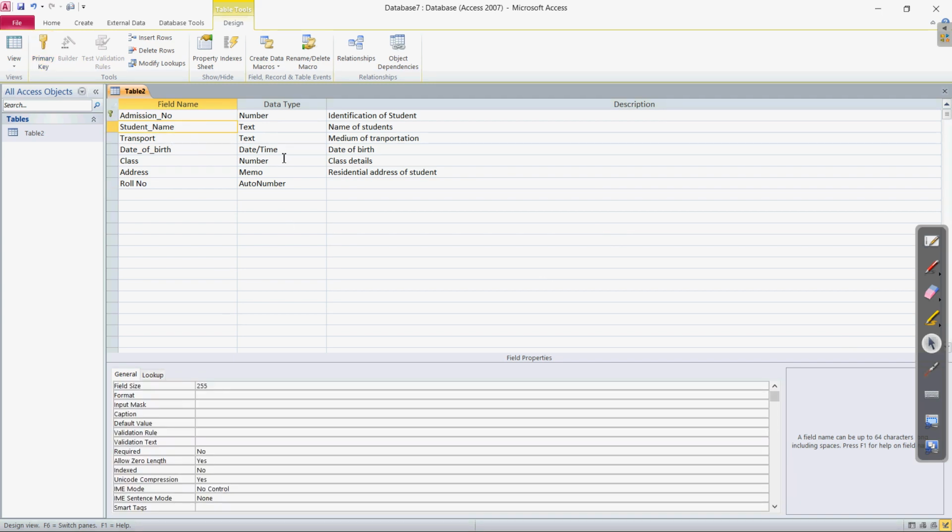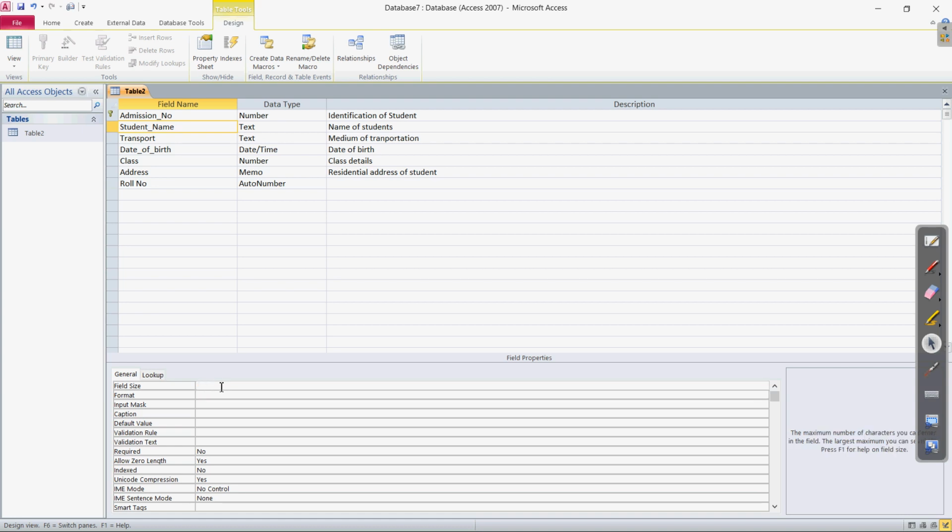Now the text data type, here you can see the field size is 255. Clear? Is it visible? 255 is the field size of this. If you want to edit it, click it and now remove. Suppose I want to make it 150. Can we do it? Write 150 and press the enter key. Yes, it is very easy. Whatever the field size you want to choose, it can be in between 0 to 255.